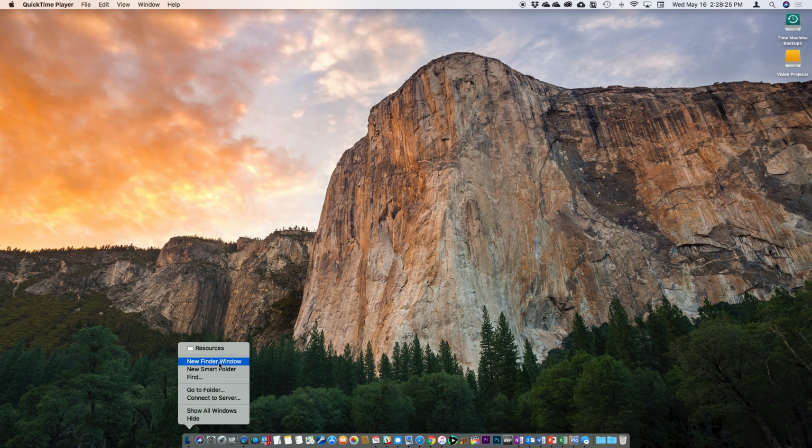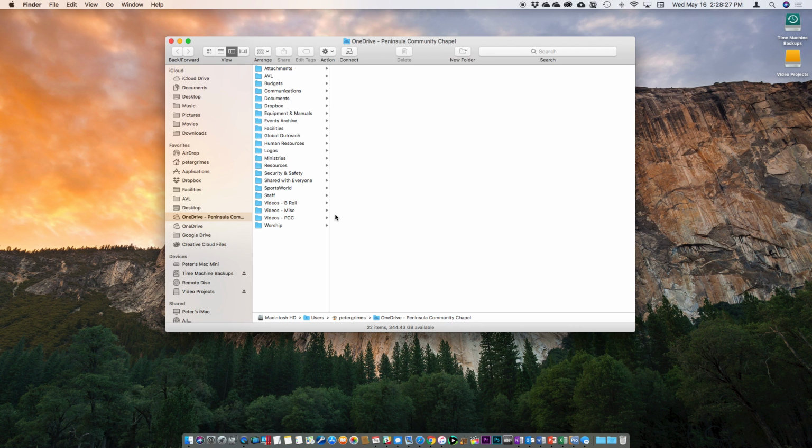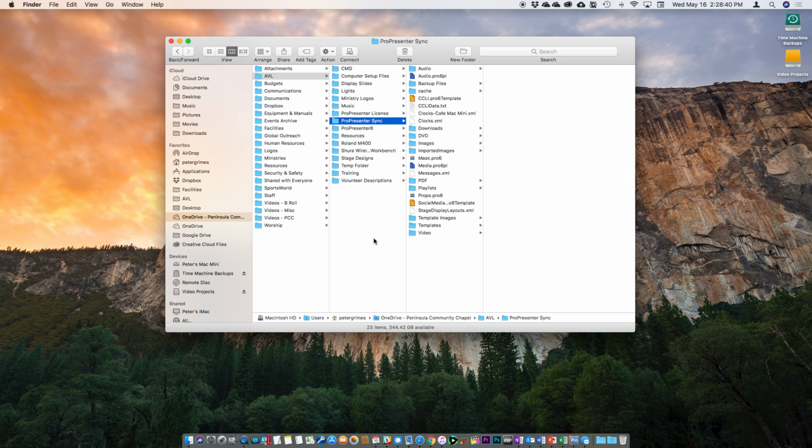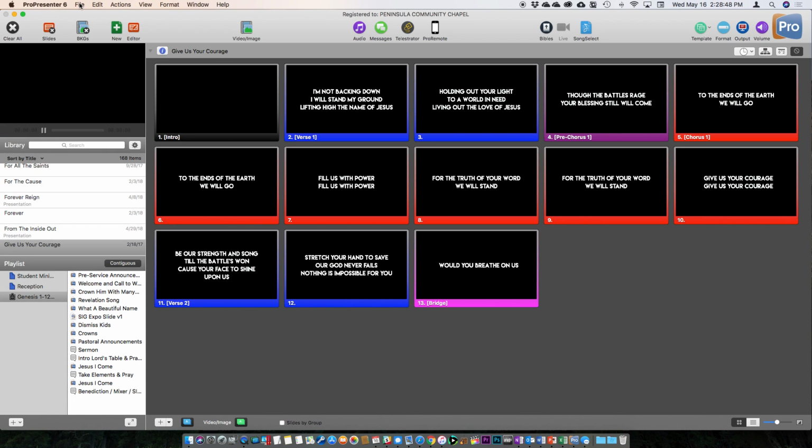So over here in Finder, I'm using OneDrive right now for all of my PCC files. Within there, I have this AVL folder, and within that is this ProPresenter sync folder. And in this folder is all the different support files for Planning Center. And if you open up Planning Center, over here in Preferences,